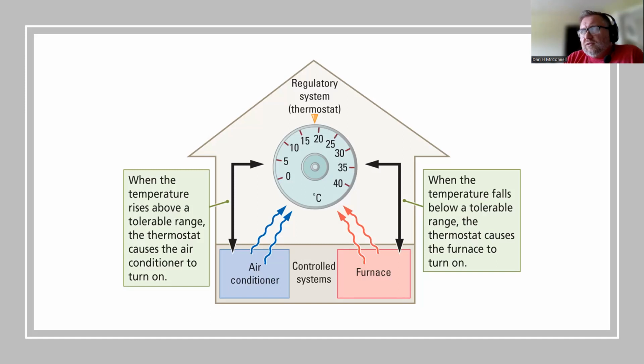If the temperature gets too hot in the house, you've deviated from the set point. So what's our detector here? Well, it's simply a thermometer. The thermometer detects the difference between the current temperature and the set point temperature. And once that goes positive, like +3 degrees, where it's now 22 degrees Celsius inside the house, it's time to kick on the air conditioner, which lowers the temperature.